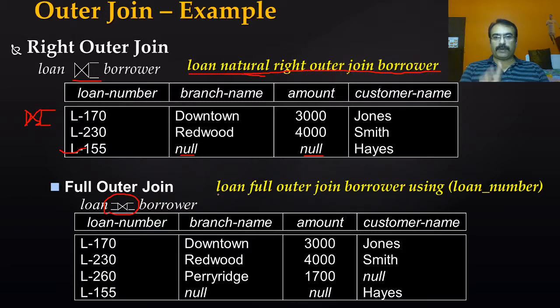Okay. And now the other example of SQL. Here I have used natural. Here I am not using natural. It is full outer join: loan full outer join borrower using loan number. Now I am explicitly mentioning the name of the attribute on which I want to join the two relations. So using attribute name is the equality option. Natural with no attribute name is the equality option, or inner with equality condition is also an equality option available with us in SQL.